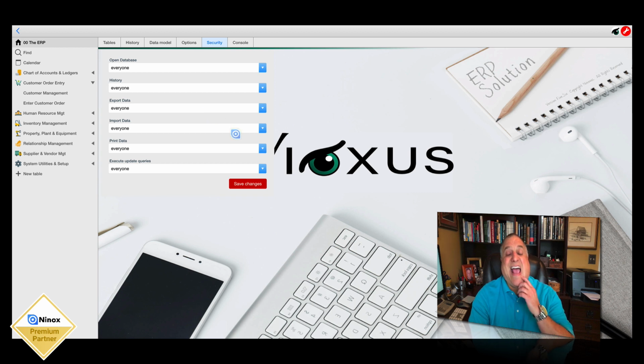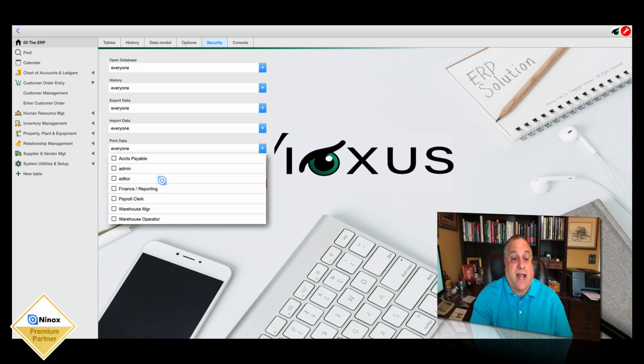So if you only want to have one individual, for example, only one person can print data. That's your financial reports or your very sensitive payroll or inventory or purchasing or cash and bank reconciliations. If you want to assign that right and that privilege to only one user, create a group, make that one user the only member of the group, and then assign, for example, there's one member of the finance reporting group, and that is the only